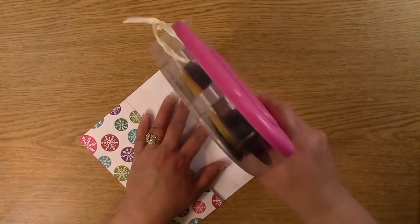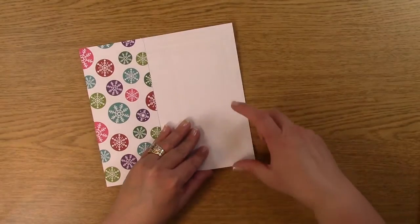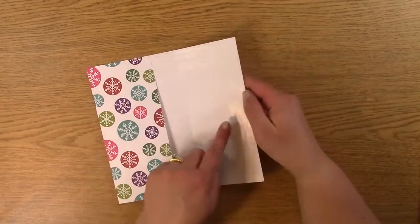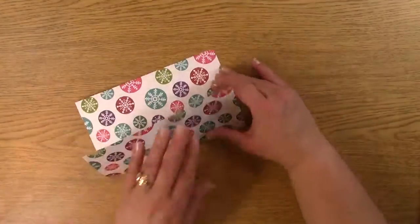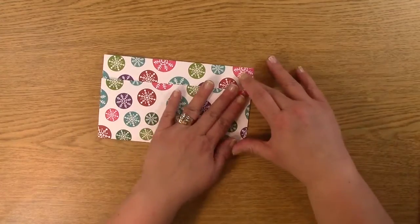And try to do it on the edges too, to make sure that it is adhered. Don't go too far over, or else you will seal your envelope shut. I know, I have done it myself. I'm telling you from experience. So make sure you don't put the adhesive too far over, or else you'll close it and it'll stick right here, okay? So we're just going to close this up. Make sure it's lined up, and